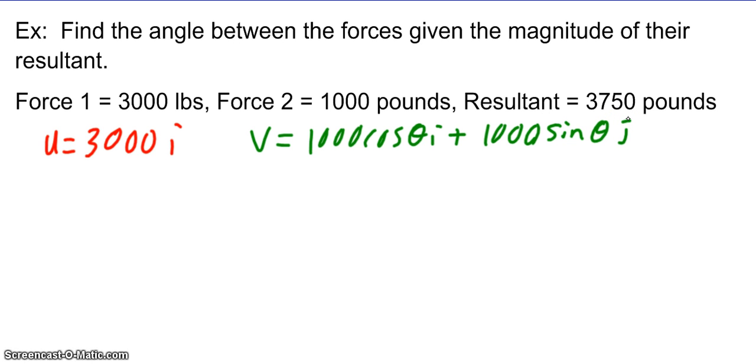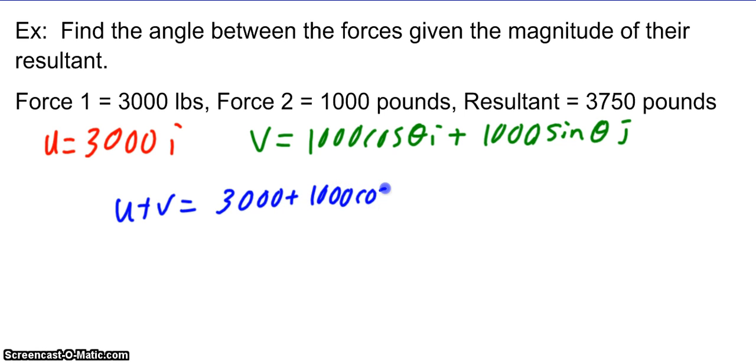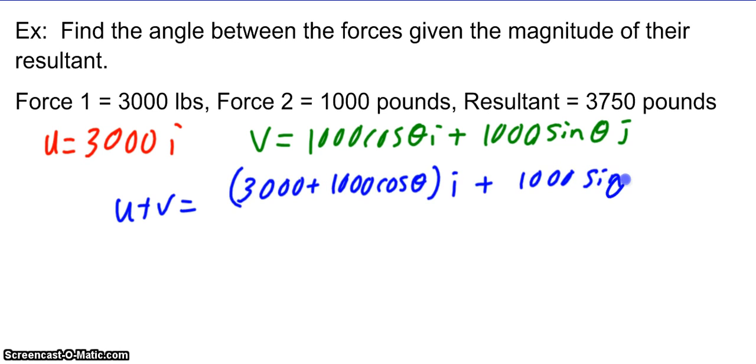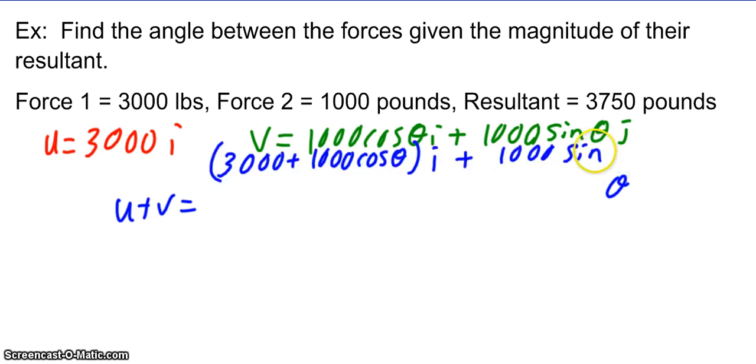And now I know the resultant of these two, so u plus v, or I should say the magnitude of u plus v. u plus v is going to be 3000 plus 1000 cosine of theta i plus 1000 sine of theta